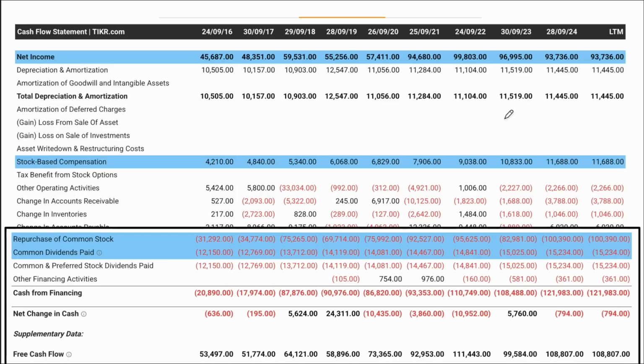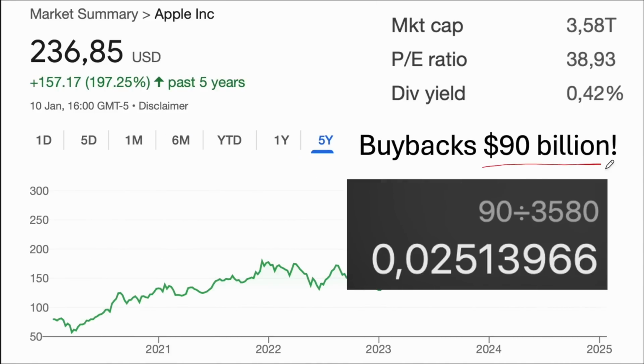But if we look at how much money Apple spends on that buyback yield, we have 100 billion spent minus the stock-based compensation, that's around 90 billion. And with buybacks of 90 billion, you have to compare that to the market capitalization to get the buyback yield. If I do that, 90 billion compared to 3.5 trillion market capitalization, I get to a buyback yield of 2.5%,